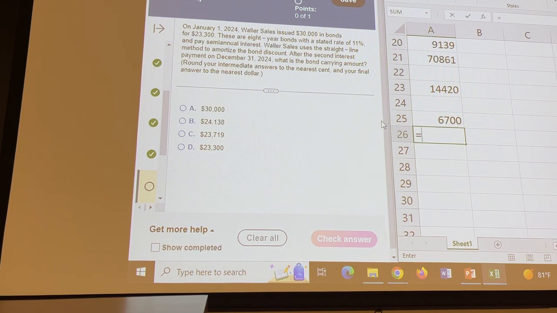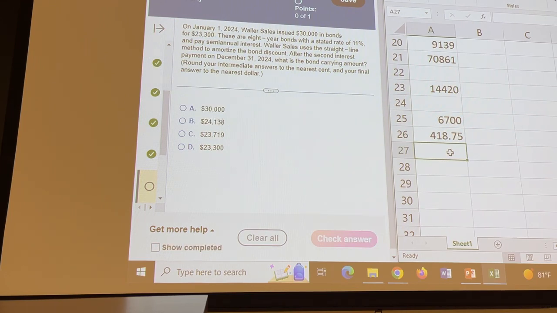So 8-year bonds, they pay interest twice a year. So if we take that $6,700 divided by 16, each interest payment date, there'll be about $419 that we amortize away. So the carrying amount on December 31st, 2024,